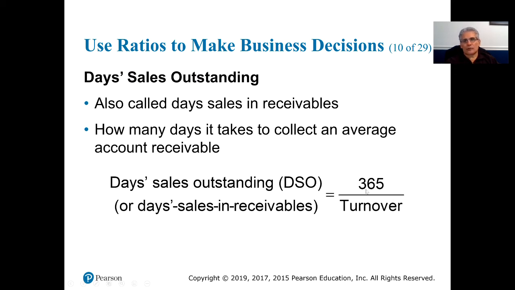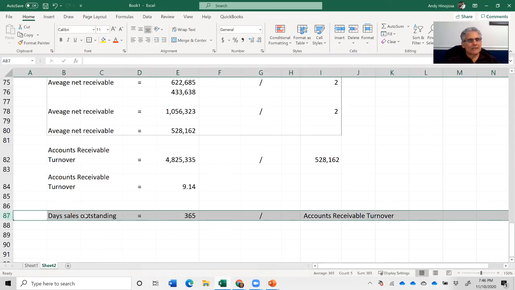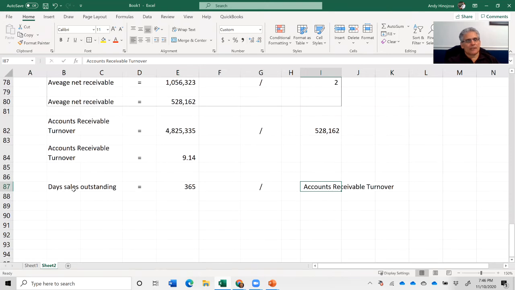Accounts receivable turnover. 365 divided by the accounts receivable turnover. And that gives us the number of days it's outstanding. So here's our new formula. Days sales outstanding is 365 divided by the accounts receivable turnover. Well, we've already computed the accounts receivable turnover, so now we can plug that in. So we'll take 365 divided by